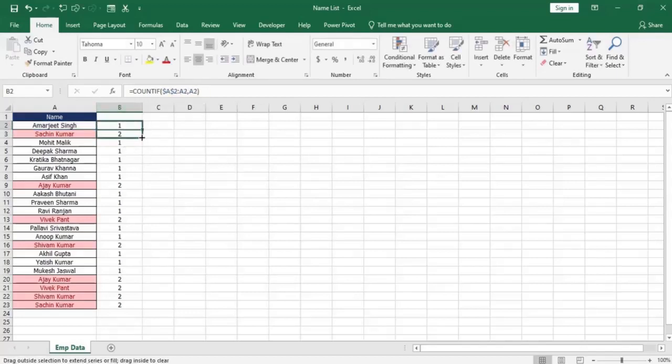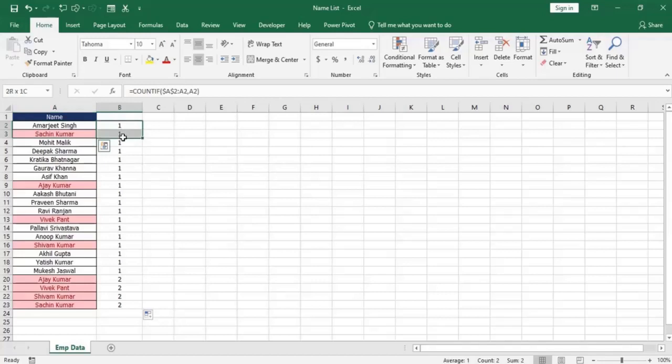Now I am dragging this formula. Let's see. Now Sachin Kumar is counted from row 2 to row 3, so this is showing result 1.